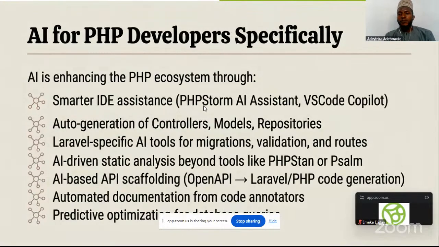So to be specific on PHP now, we want to say how AI, as it is related or adapted, or how PHP is adapting to AI, as the business need keeps increasing and complexity keeps growing nowadays. So AI is enhancing the PHP ecosystem through smarter IDE assistants. Like I mentioned earlier, you can have your VS Code and Copilot integration, and out of the box you are able to get assistance. Before, we used to have intelligence. It's still able, beyond just intelligence,